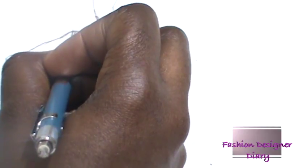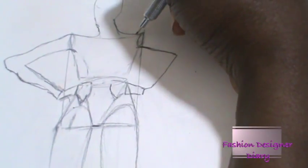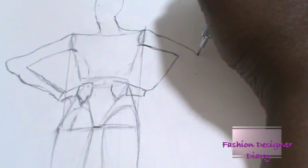Smooth it, narrow it towards the hands. Same thing here. Okay, just do that, and you do that. You start to soften it more. You do the shoulders. You connect the neck to the shoulders like this. And you do the muscles. You do the elbows sticking out,